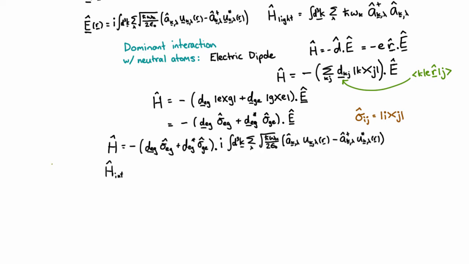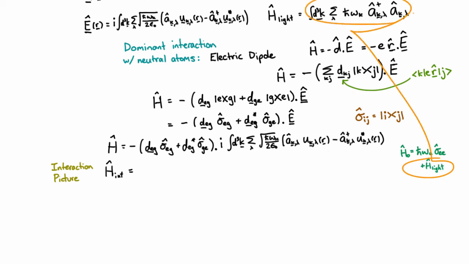And that means we can make a very powerful approximation to this Hamiltonian. We do this in the interaction picture. And if we absorb the energy of the atoms and the energy of the photons, which is just this energy here, into the operators, as we do in the interaction picture, then our resulting interaction Hamiltonian is going to be